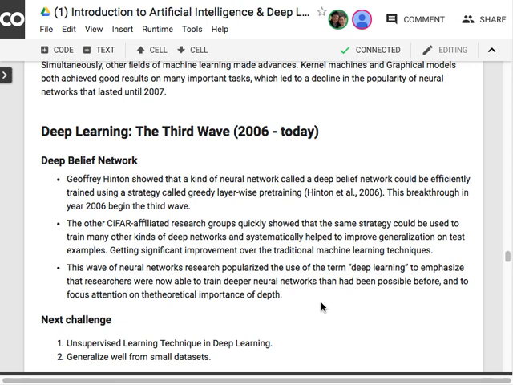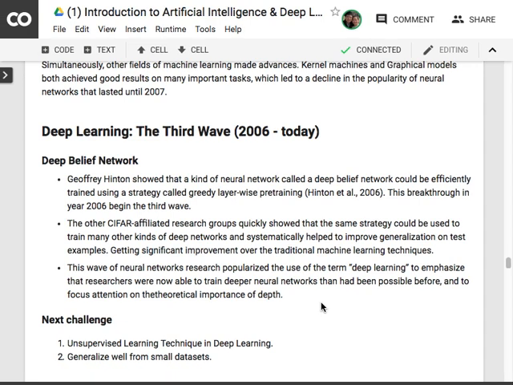Then a lot of people followed up. CIFAR, this is the name of a research group very active today in deep learning, quickly showed the same strategy to train many kinds of deep learning networks. They tested that it can help the accuracy of all machine learning tasks in many domains. They proved that if you use this deep learning network, instead of normal feature extraction, you get very high accuracy. And then it became a big boom, because a lot of machine learning competitions, something like the